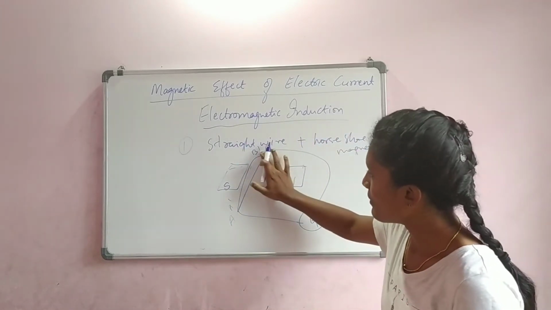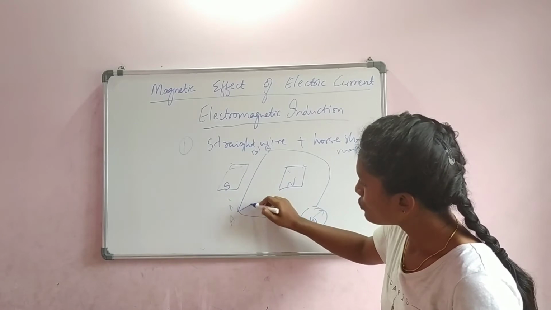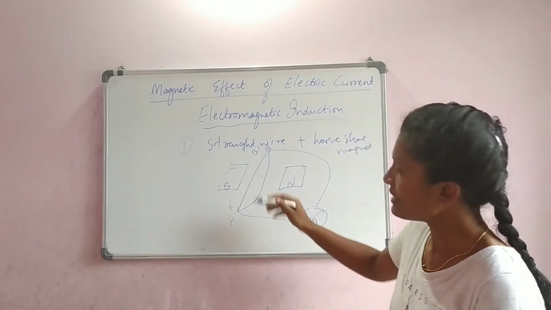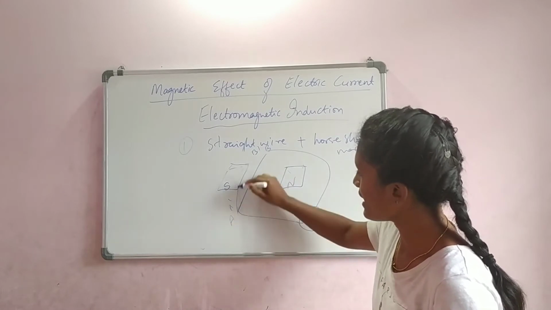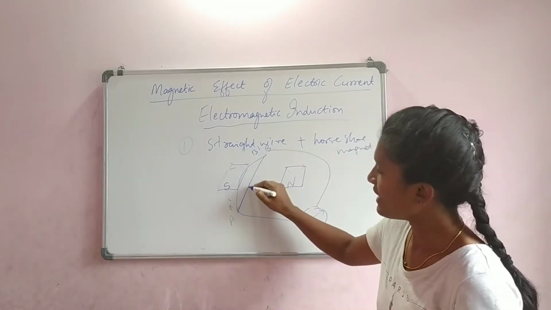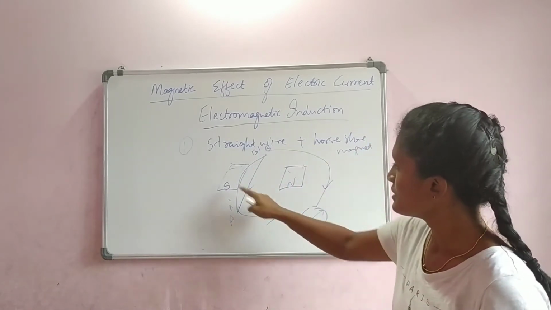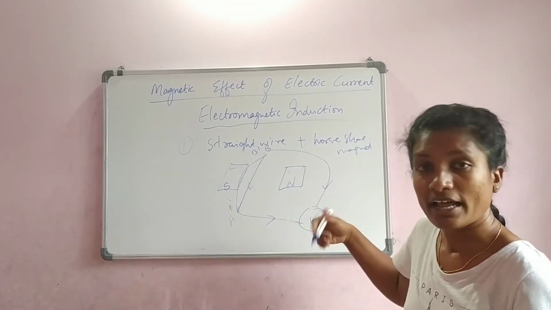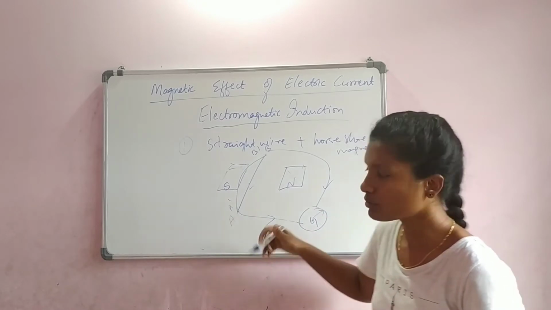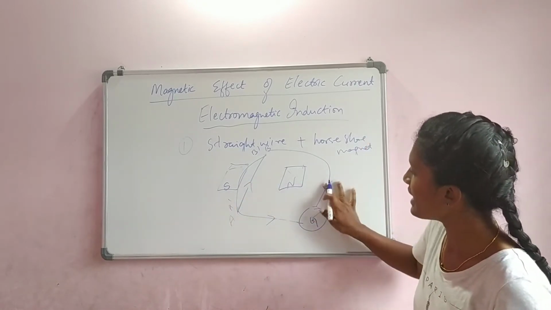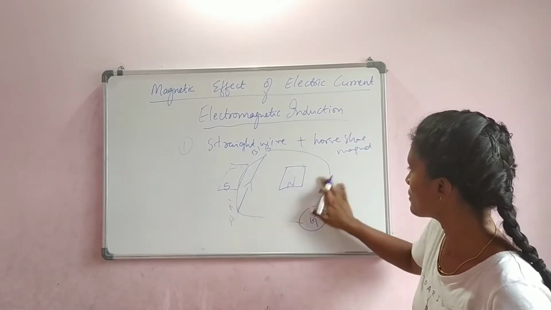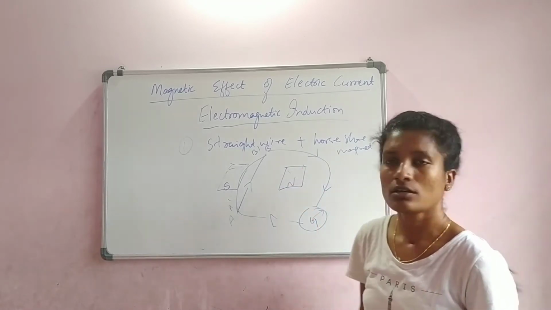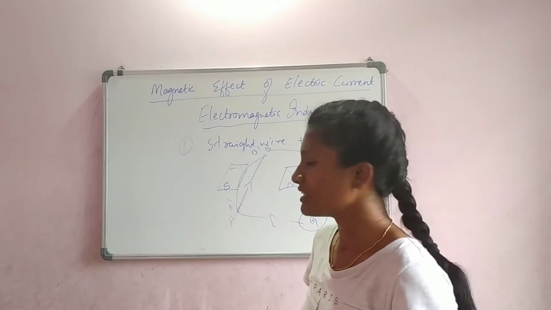Similarly, in the same experiment, you can also pull down the wire. Once you pulled up, the current direction was, let us say, like this. See, it's coming from B to A. If you pull the wire down, what happens? The current direction changes. That's it, nothing else. I'm sorry, the current direction changes. It's only that difference.